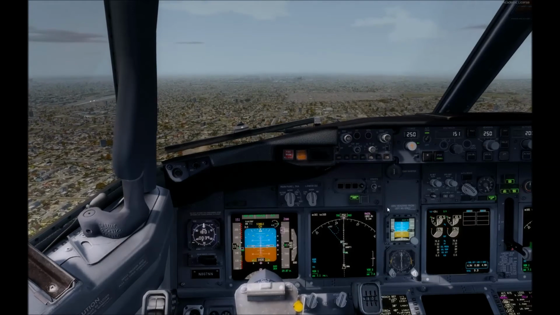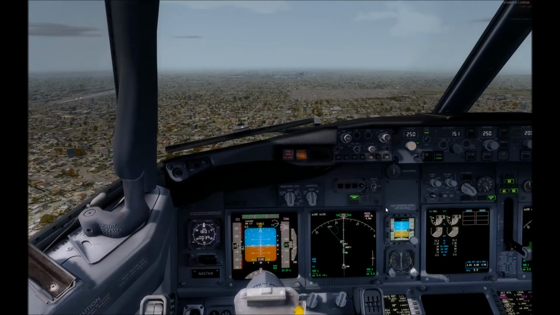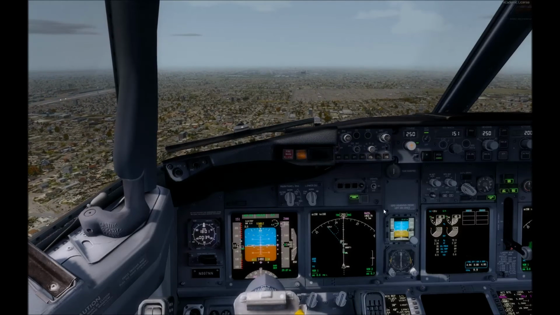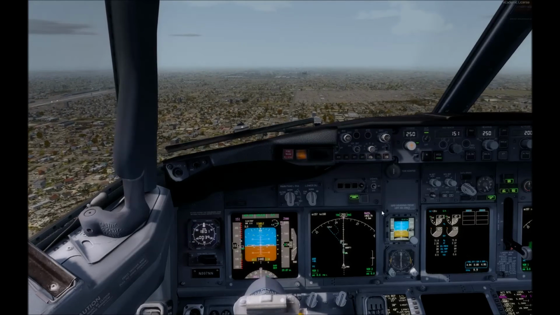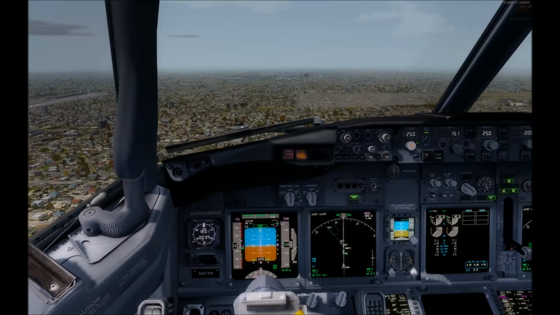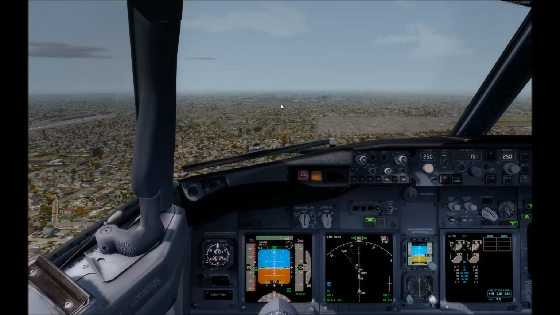So we have our landing flaps 30 out, we have our go-around altitude set. The engine starters are set to continuous, our speed brake is armed, our gear is down, all of our lights are on. And at this point we are fully configured to land, so I can just now see the runway in sight. If you wanted to perform an auto land, you could, but I'd recommend getting used to flying the